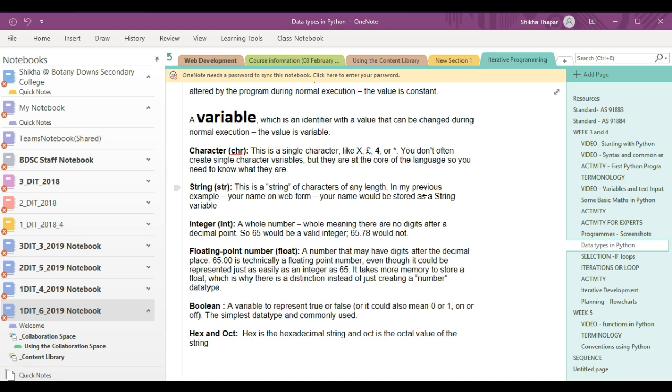Next, the most commonly referred data type is string. This is a string of characters of any length, right? Integer is a whole number with no digits after a decimal point. So 65 would be a valid integer and 65.78 would not. The floating point number, float, is a number that has digits after the decimal, like 65.00, which is technically a floating point number, even though it can easily be represented by the integer 65,